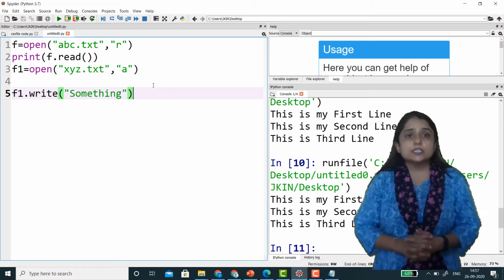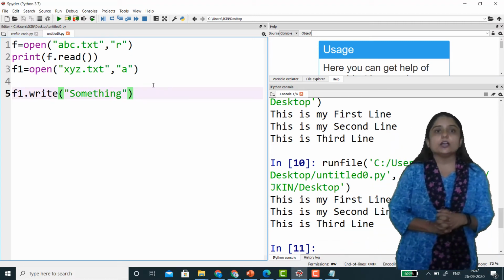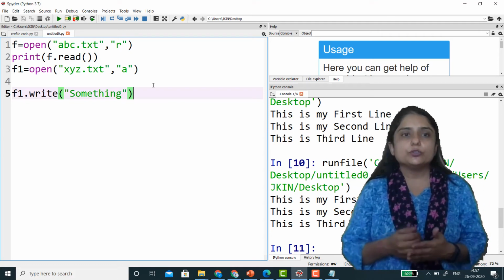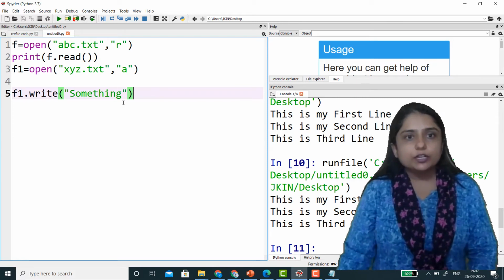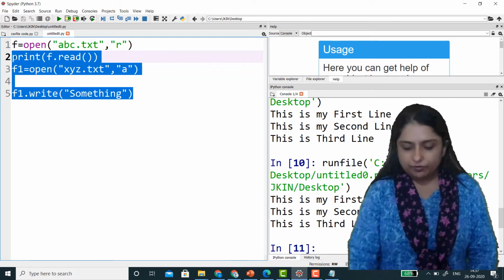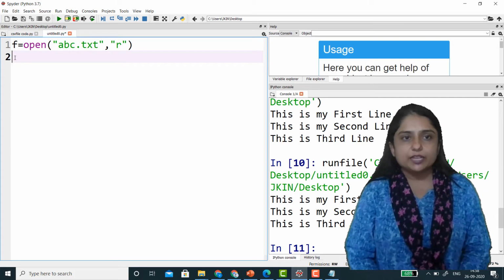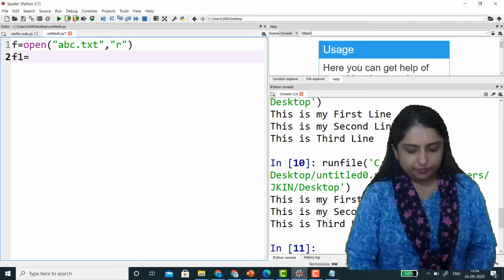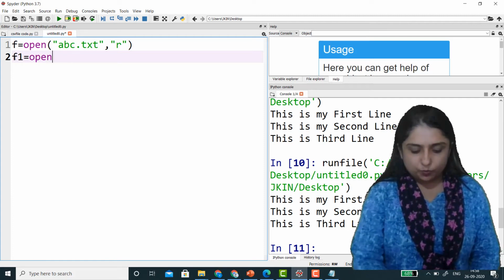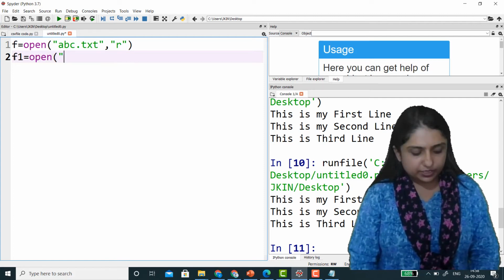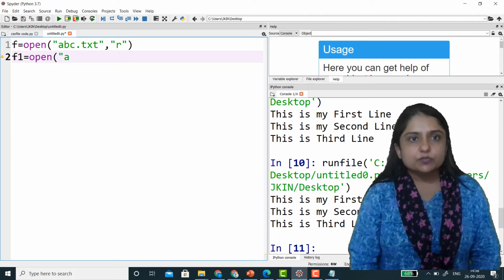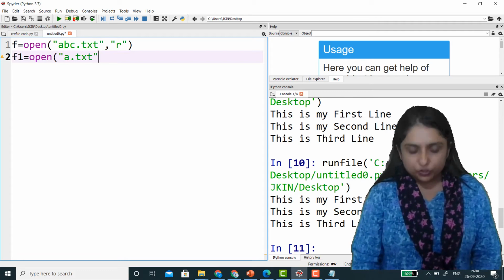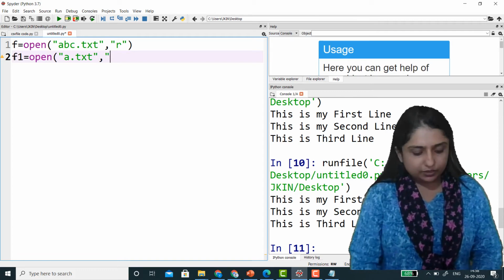Now next we will discuss how I can copy one file into another file. I want to copy all the data of one file into another file. So what will I do? Already I have one file named abc.txt. Now I'll take another variable f1, and open a file, using a name, for example a.txt, and I want to open this file in write mode.